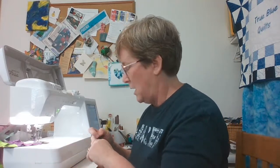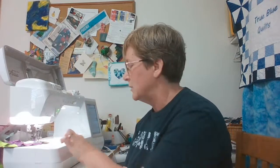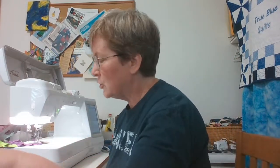So the Sharpie does wear off of your machine. If you were worried about that, let it dry. It won't harm your fabric at all. So you can do that if you don't have that 1/4 inch tape that you can put down on your machine as well. So I want to get started